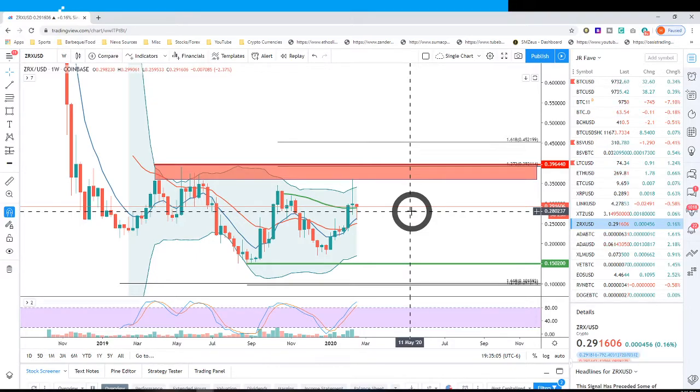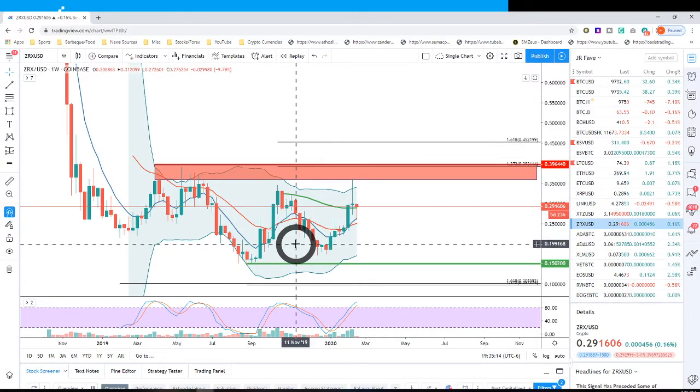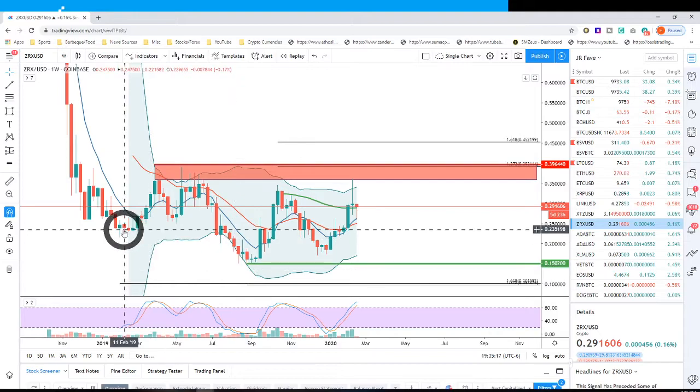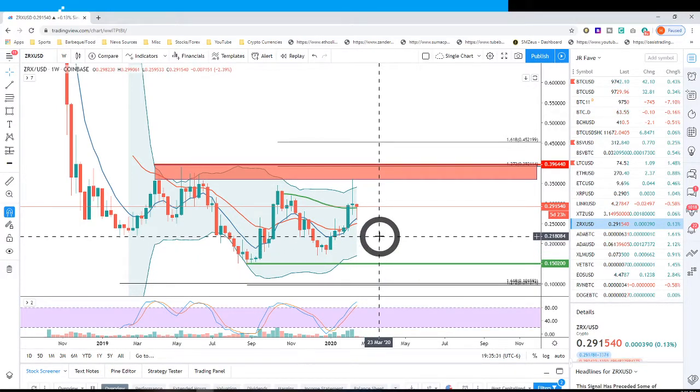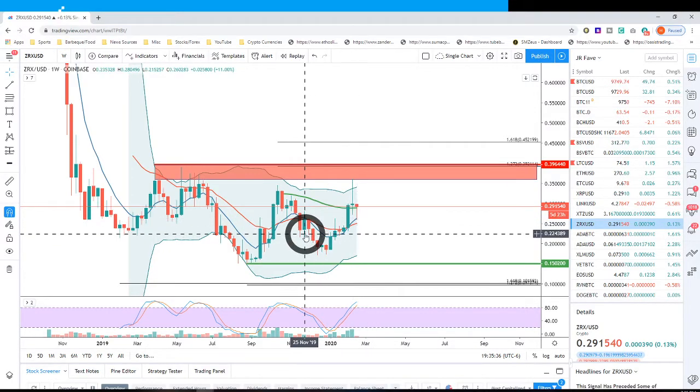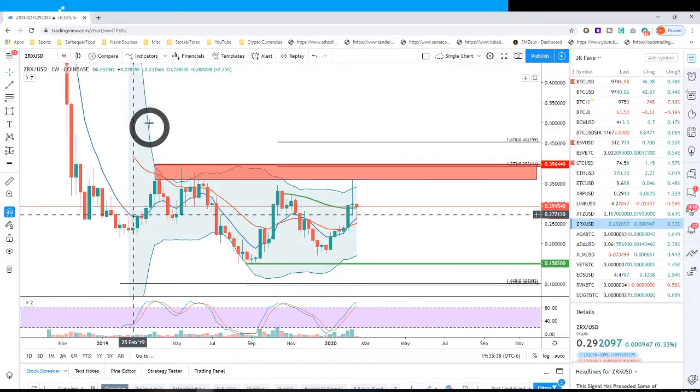You could make an argument, just looking at it at least. I mean, it's not obviously real pretty, but you could make an argument that this is an inverted head and shoulders, so to speak. Now, here's my only problem with this being an inverted head and shoulders, because if you look at the classic definition of a head and shoulders, okay, going left